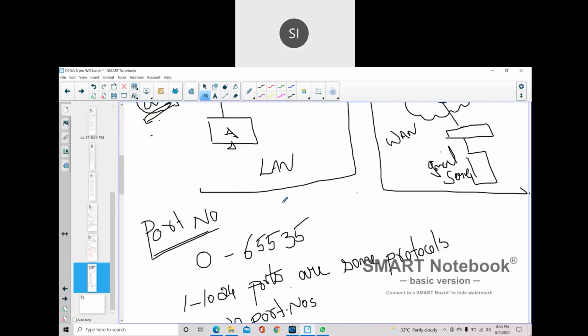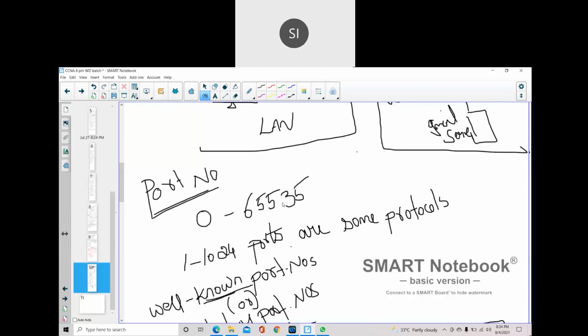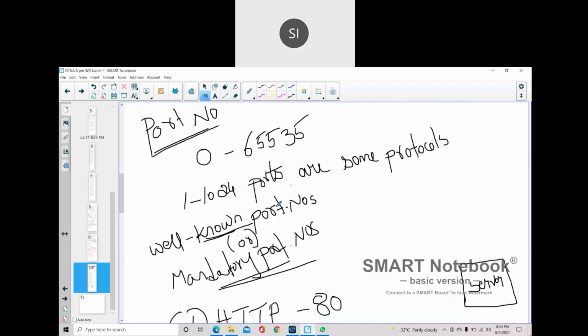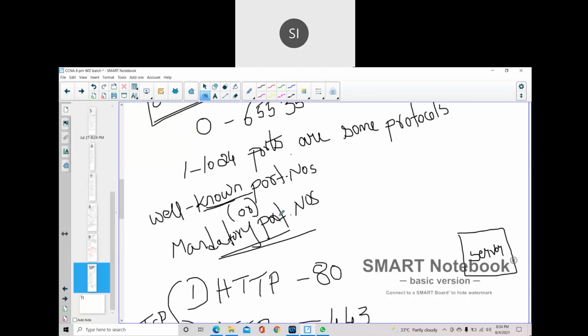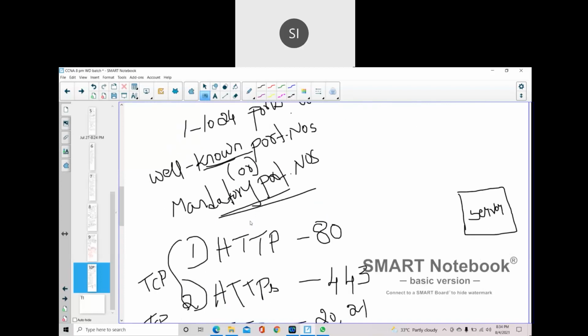And next we started with the port number. Port numbers range from 0 to 65,535 globally. The first 1024 ports are reserved for some purposes, so we need to know some mandatory or well-known port numbers. Here I have taken 11 port numbers.